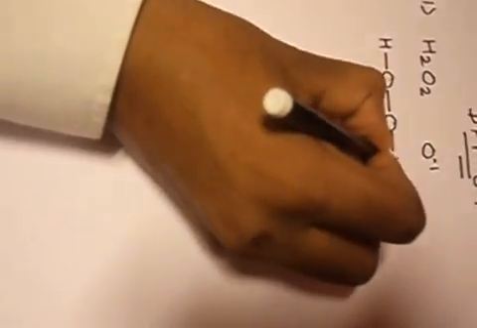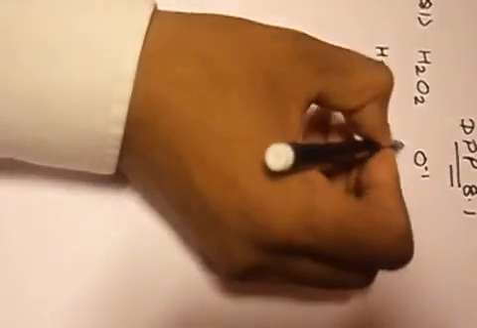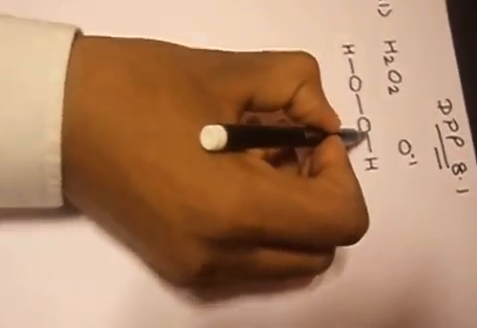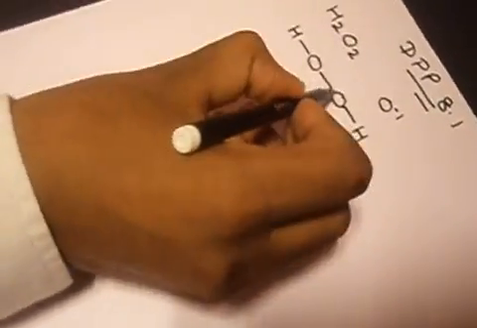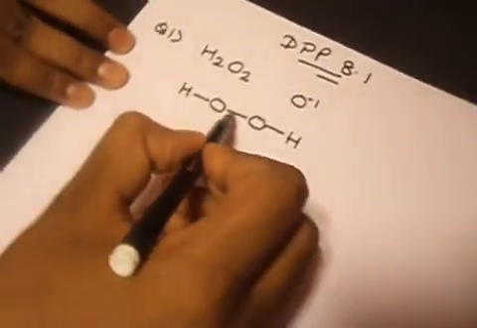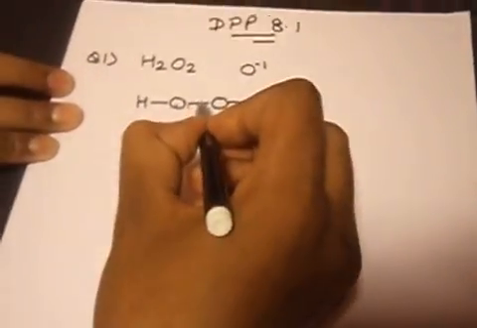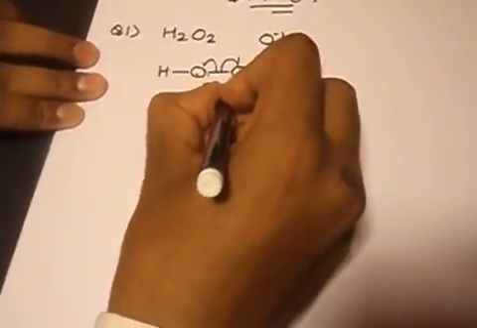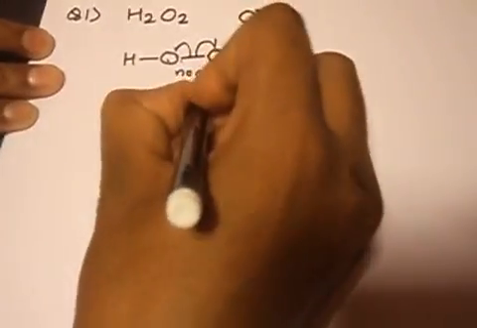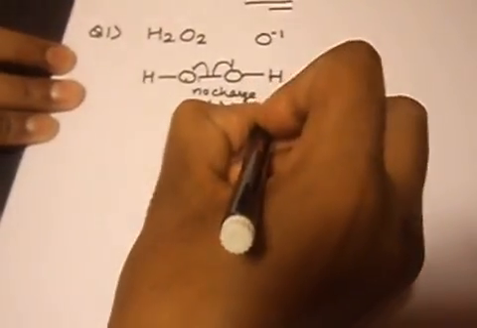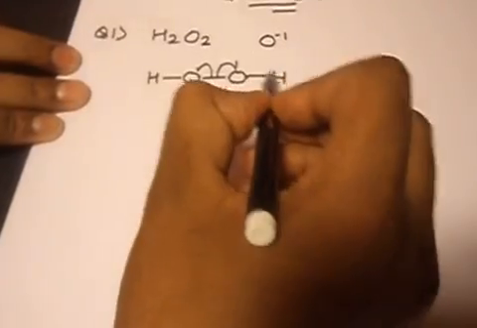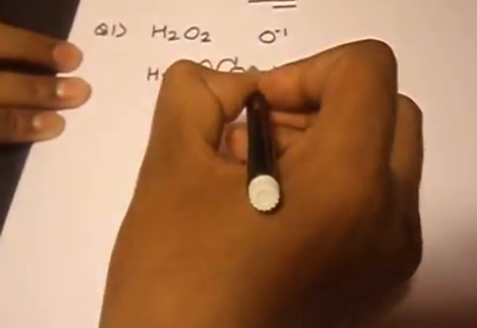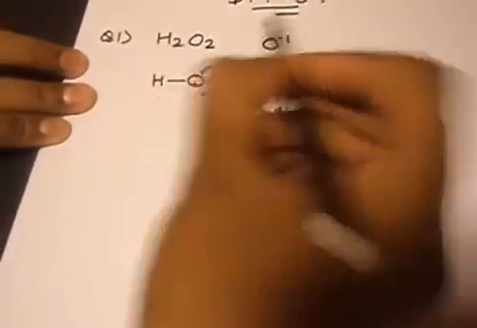The structure of H2O2 is somewhat like this. If I go for just the covalent structure without looking for the proper bond angle, if I look into the oxygen atoms, oxygen is bonded to one hydrogen and one oxygen. Whenever the O-O bond cleaves, it will lead to a homolytic cleavage, no charge distribution, but the cleavage of the O-H bond will yield a negative charge over oxygen because it is more electronegative,